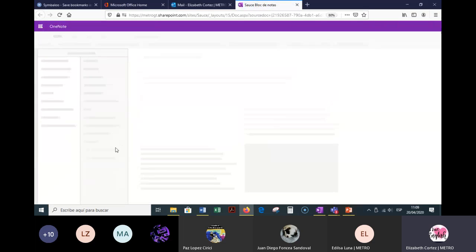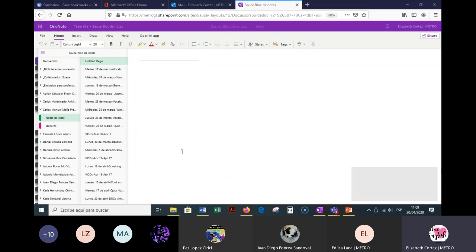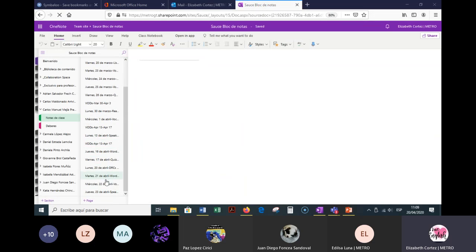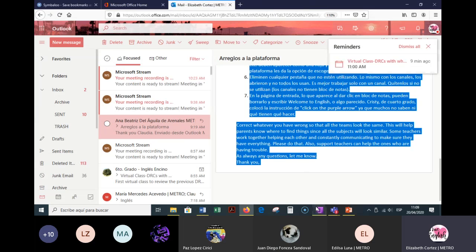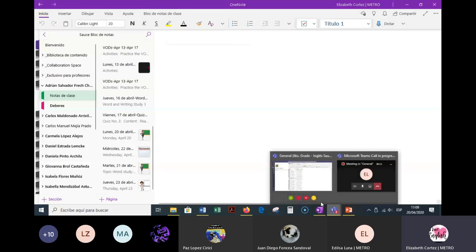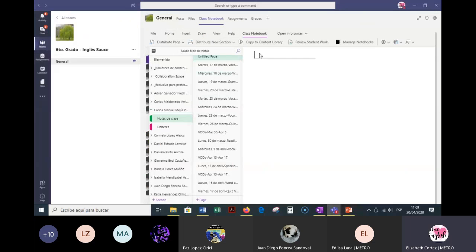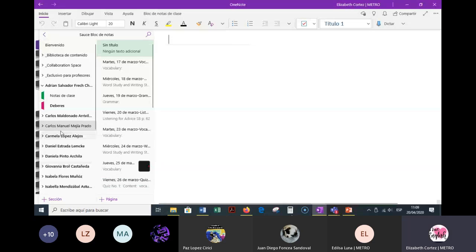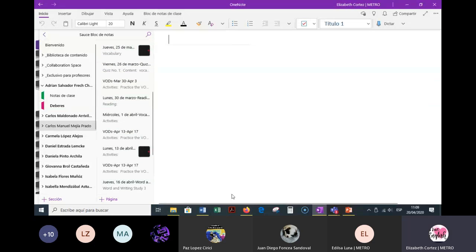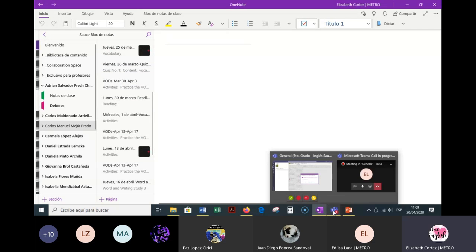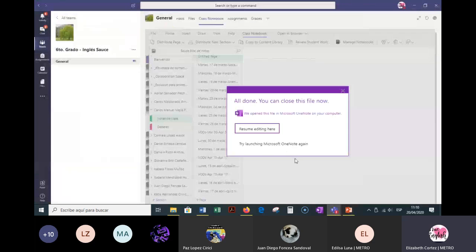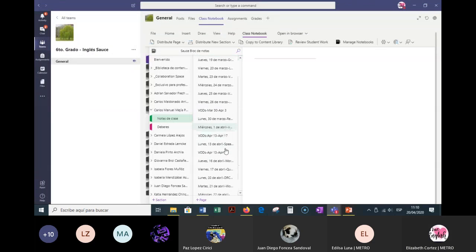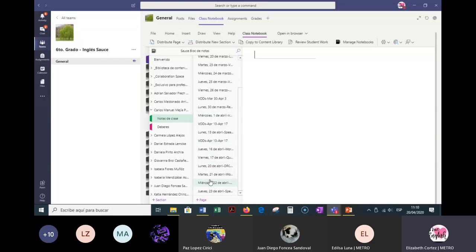So if you click open in browser, it will open in the browser, that means Explorer. Okay, see, you have it there. Then I'm going to close it, and I'm going to click Teams. Now I'm going to open in app. Okay, and if you see it, you have it in the app as well. So now let's go back. I'm going to close this, and now it's there, you see? We have to play with these things.